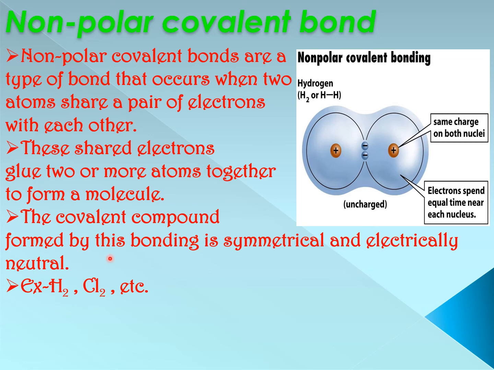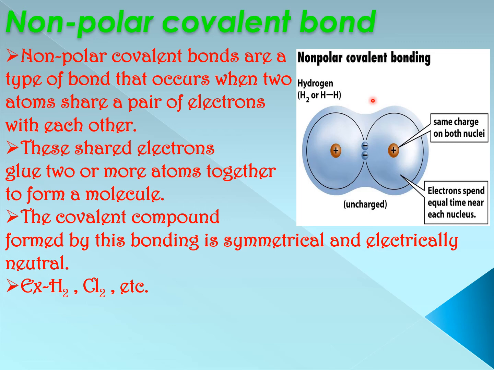Now here, if the two covalently bonded atoms are identical, the shared electron pair is at equal distance from the combining atoms, then the shared pair is equally attracted by the nuclei of the two atoms. Such molecules are non-polar. For example, H2. Examples are shown in the diagram: H2, Cl2, O2. They are perfectly non-polar compounds because they do not ionize in water due to lack of charge separation.